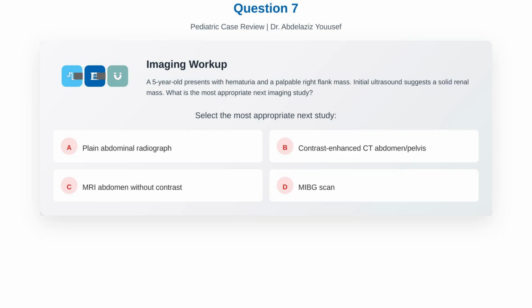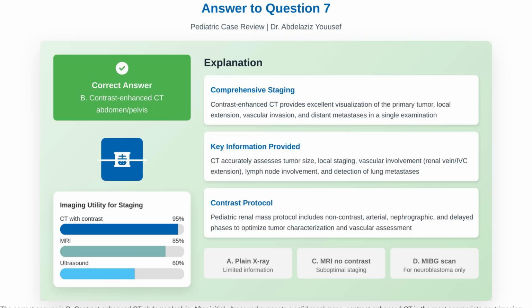further characterization and staging. The choice of imaging modality should provide the most comprehensive information for diagnosis, local staging, and detection of metastases while minimizing radiation exposure in pediatric patients. The renal mass imaging protocol follows a systematic approach starting with ultrasound to characterize the mass as solid or cystic. For solid masses, contrast-enhanced CT is the preferred next step for comprehensive staging, providing excellent visualization of the primary tumor, local extension, vascular